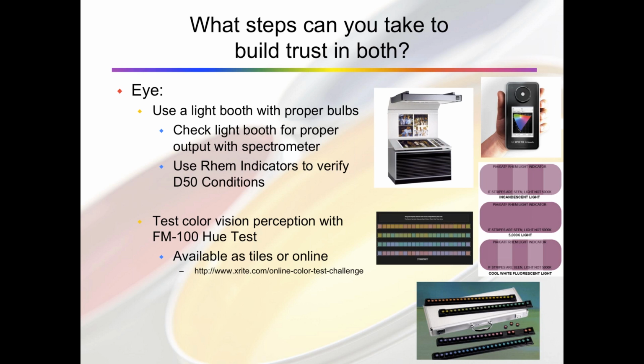From there, you can buy the FM100 tile test. That's available for, I believe, around $700, and you can get that and physically measure people inside your company for their color vision. Or you can simply go to a color vision testing facility, be it at your eye doctor or other places I know offer that kind of testing to determine what your color capability is. So finally, submit yourself to color acuity testing to determine if you have any of that color blindness to be aware of.